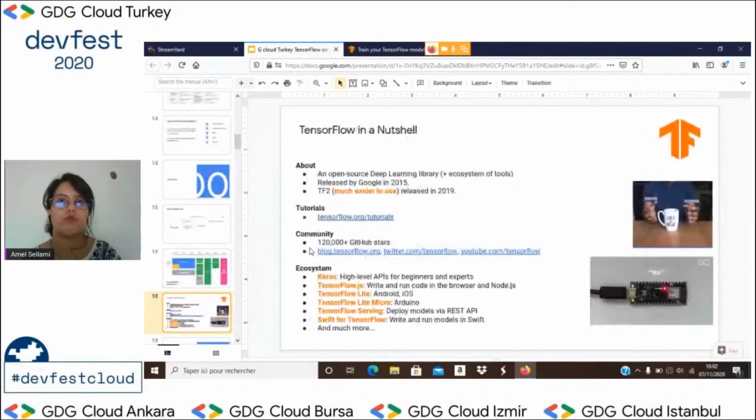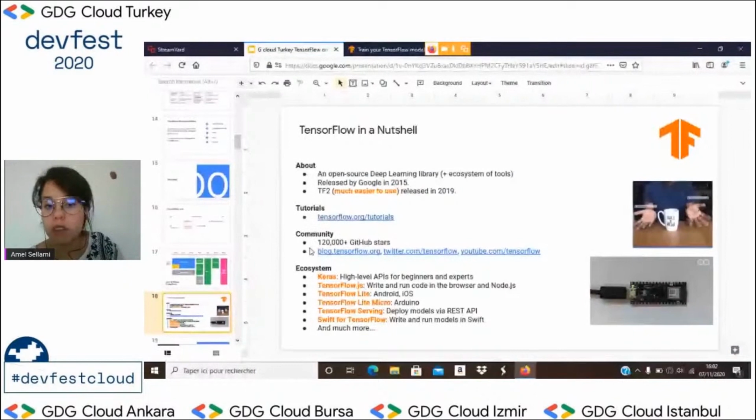What to say is that TensorFlow, in a nutshell, is an open source deep learning library released by Google in 2015. Actually, it was a research paper. And in 2019, TF2 was released, which is much easier.